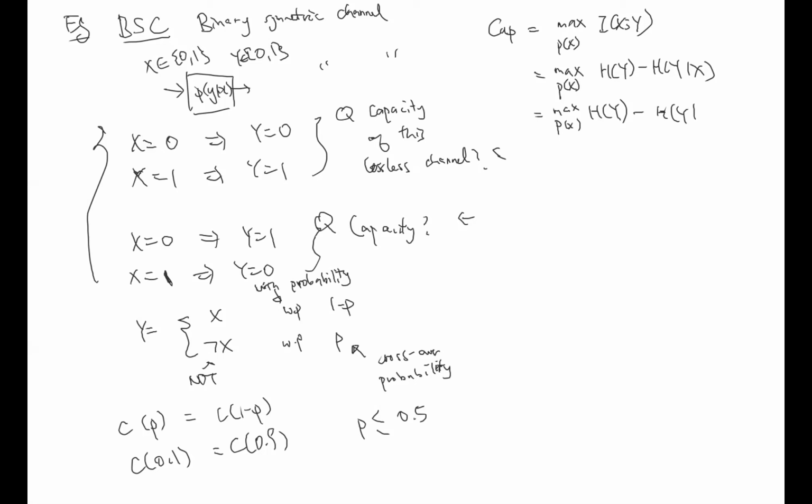H(Y given X equal to 0) times P(X equal to 0). Hopefully you will find these steps not too confusing. You have the midterm next week, so you'd better be ready. If you find any of this confusing, just stop me, because you can save quite a lot of time revising the material yourself. So, let's just pick any of these. What is H(Y given X equal to 0)?